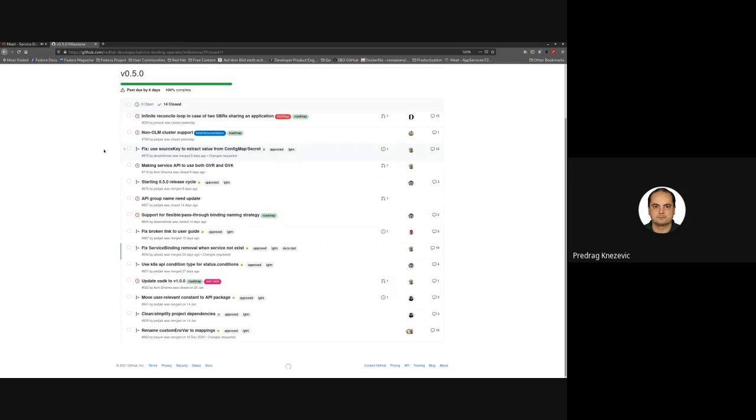As I mentioned on a couple of meetings before, it's very unfortunate, but we need to do this now, and especially better now than when we reach the GA status. So we are still in the tech preview mode, and the API we announced is still in v1alpha1. I understand that you're relying on this, but as I mentioned, all the fields, all the other parts of the service binding remain the same. We are just changing the group API name, so the change on your side should be relatively small.